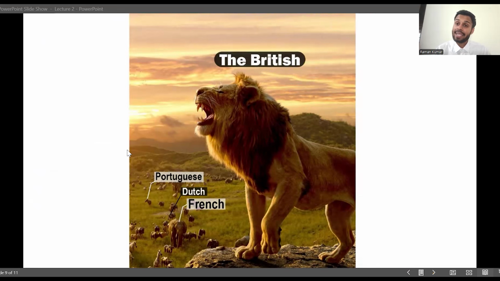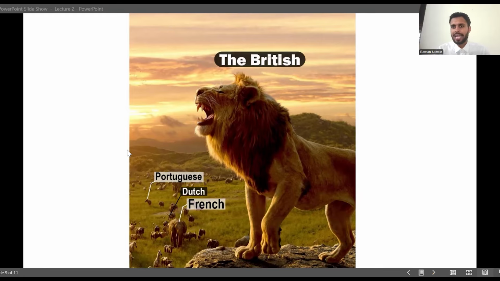So the next natural and logical part of our lecture would be the Anglo-French rivalry, because we have seen the decline of the Dutch, Danes and Portuguese. We have not seen the decline of the British because that never happened. That will happen in 1947. We will see that. Now we will have to see the decline of the French. And before that, there will be a whole chain of wars and a very bitter rivalry with the British. Three wars were fought between the British and the French. We will see that in the next lecture.